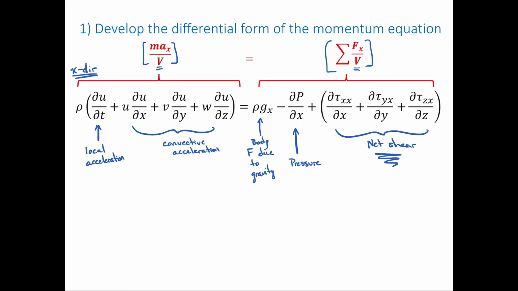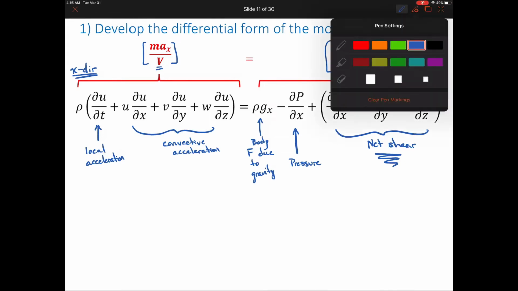Wrapping back to this idea of net shear, it is possible to have a normal shear force as a result of, say, viscosity, because the cohesive bonding between, say, water and itself can actually result in a normal shear stress that is slightly different, or a different description than what we normally describe as pressure, which is the thing we're normally dealing with for normal